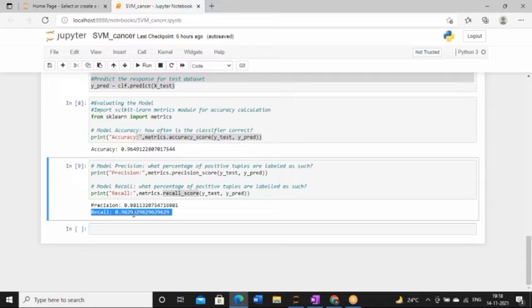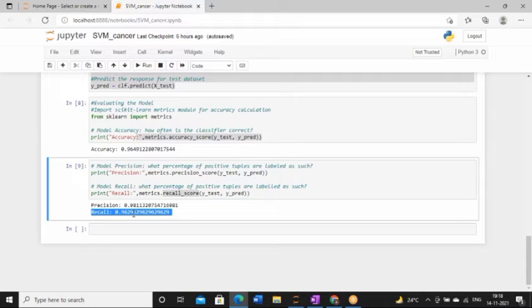By visualizing this outcome. Ma'am, accuracy is how accurate our model is predicting. And precision means how perfect it is in analyzing the data.